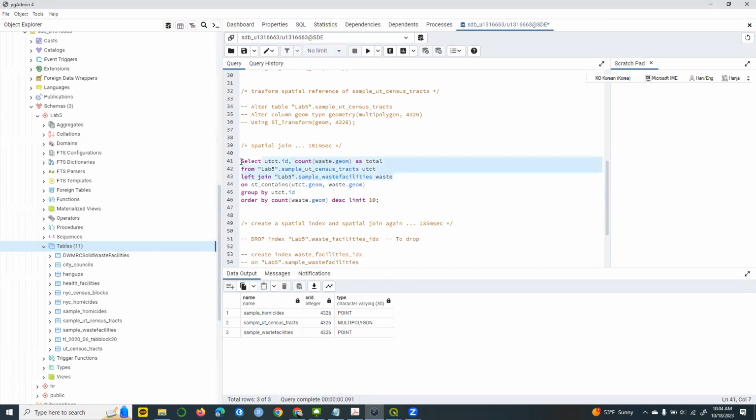Okay, so now here is the same as the left join that we learned from Lab4, and we put the ST_Contains to spatial join to perform the spatial join between the two data sets, which is polygon and points, right? And then group by the polygon's ID, because we want to see the count in each polygon, and order and limit to the top 10, in descending order of count. Okay, and then just